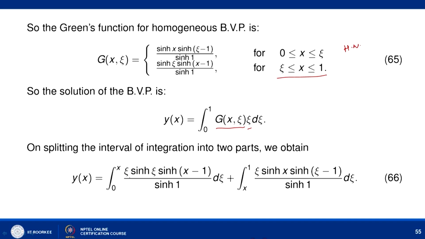So 0 to x, here when you look at xi is less than x, so xi less than x means this part. So in the first integration you use the function sinh xi sinh(x minus 1) divided by sinh 1 d xi, and in the second xi is greater than x, so you use this part: xi sinh x sinh(xi minus 1) divided by sinh 1 d xi, and you solve it,